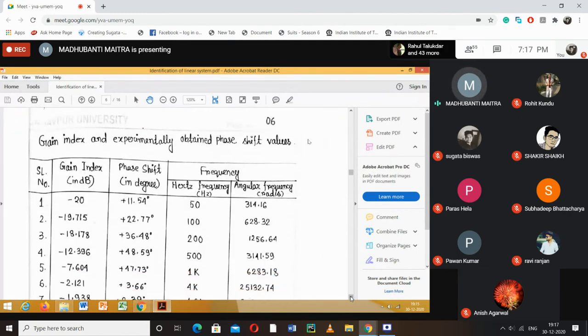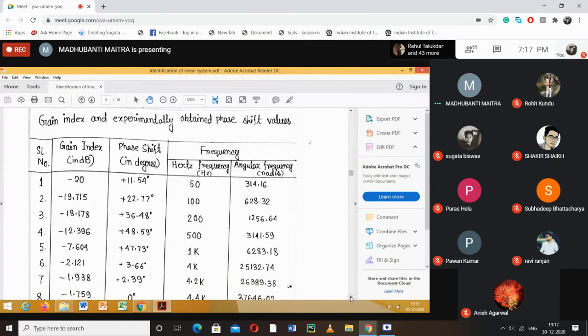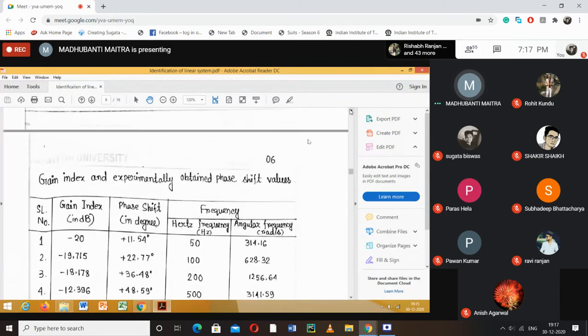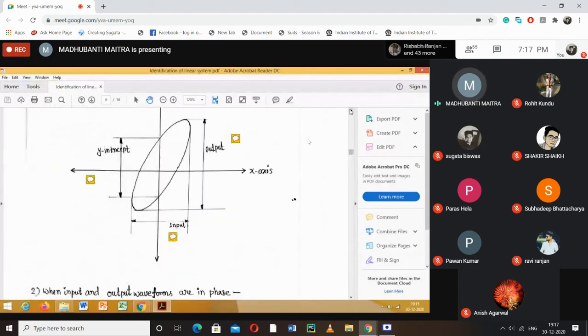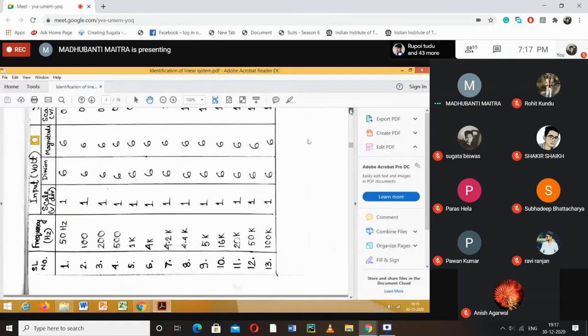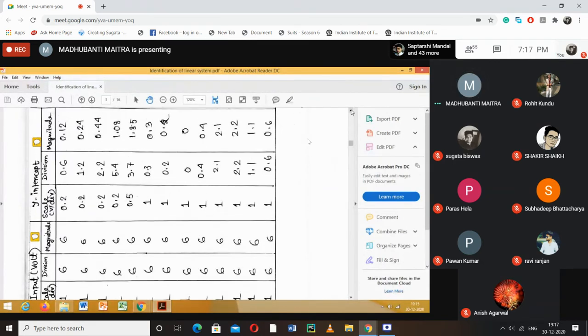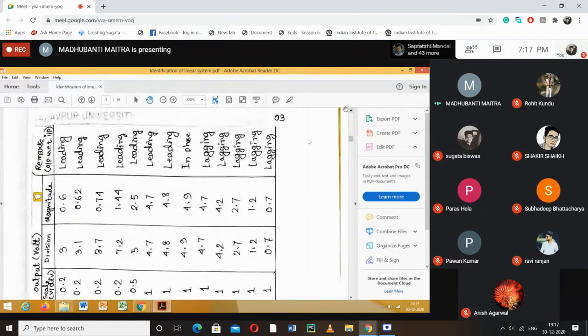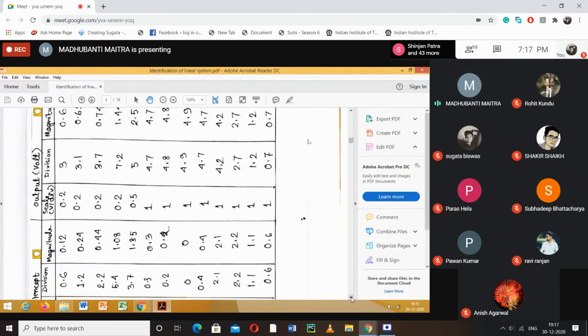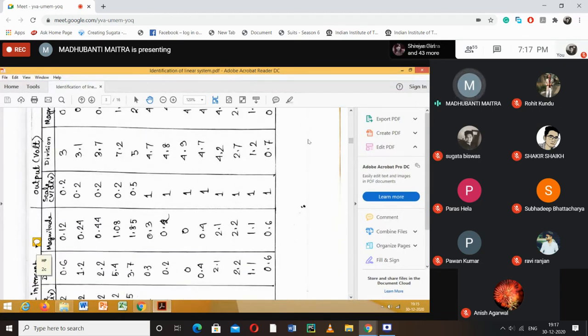Now in this particular table, here she has calculated the values. The first one, please note it down. This is 2A, 6. 2B is 0.6. I'm showing one calculation, please do it. And the value of the y-intercept is 0.12.